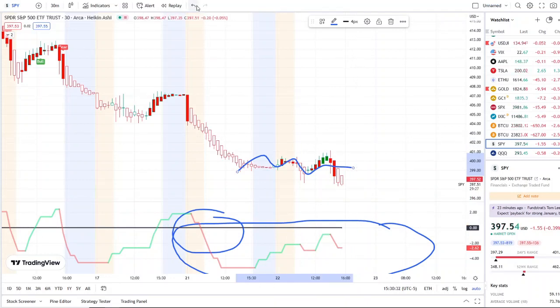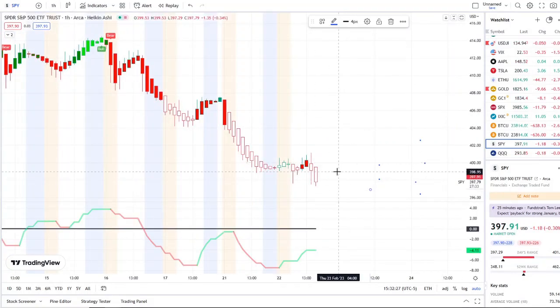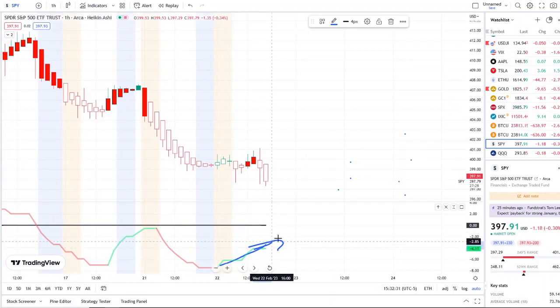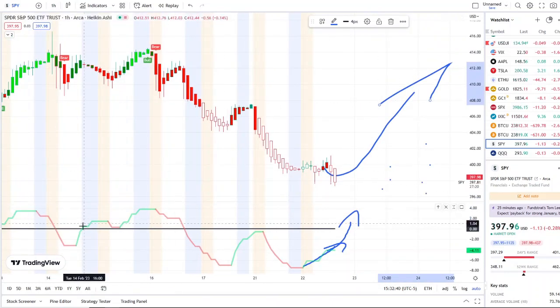So I'm going to share with you guys some key levels I would watch going into tomorrow. So the first thing is on the larger time frames, such as the 1 hour, we could see that the inflows are trying to pick back up. I would watch if this could continue and bring itself closer to the midpoint, because the closer it gets to it, once it breaks through it, it could quickly start to reflect into the chart like it did back here